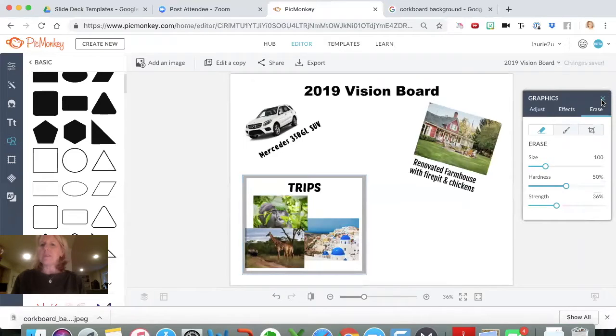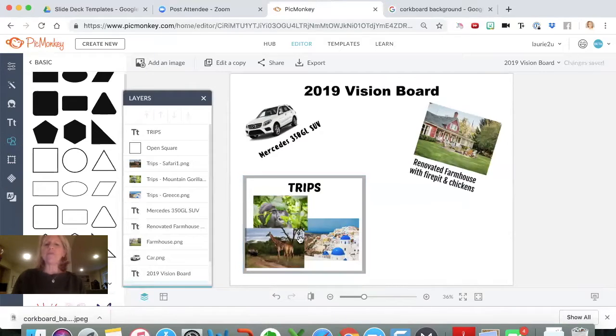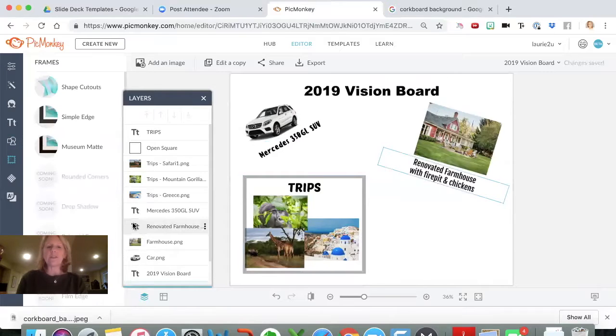But that's how you would put something in a little block in and of itself. All right, so then let's go to frames, which is a good thing. Let me hop over to frames while we're there. So you can just add a little frame. See how it's a white background, it's kind of boring.